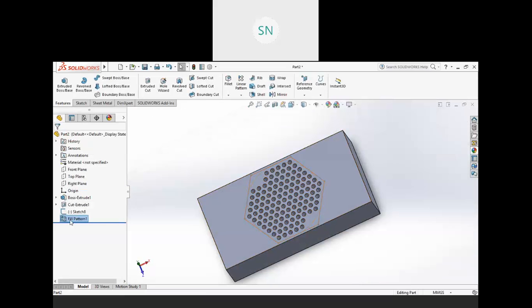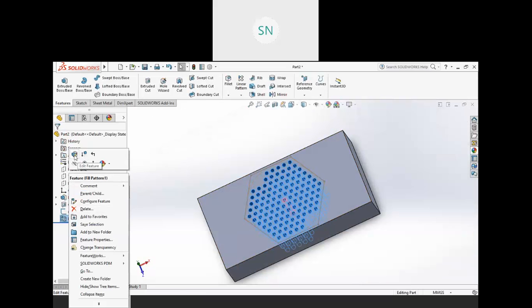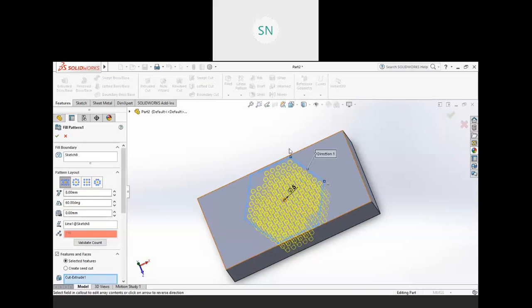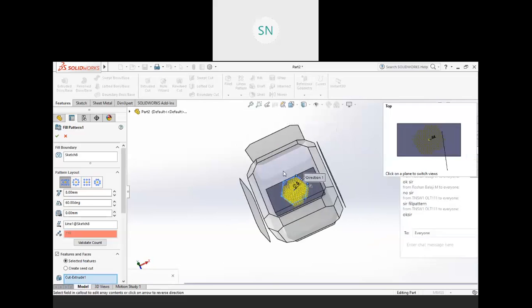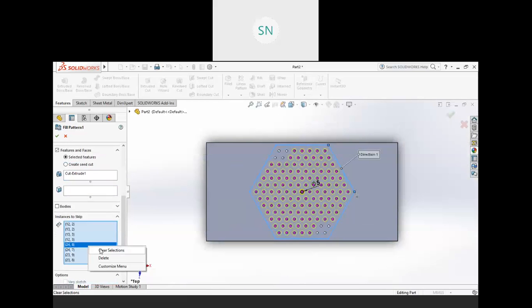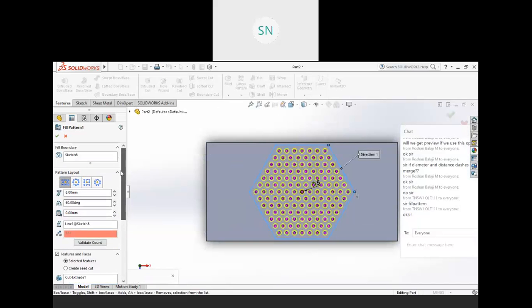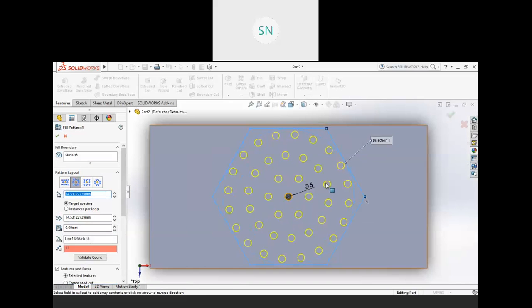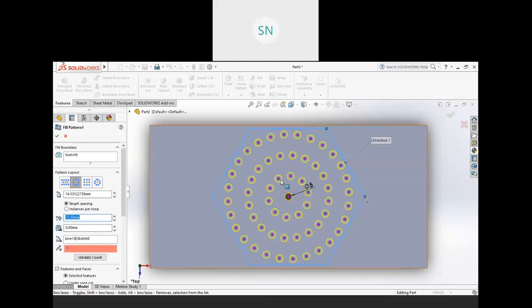Let's have other arrangements inside this fill pattern. So view it from the top and clear this selection and go to the second one. This is circular. So here decrease this value, so you will get the exact thing. See, here you need to provide two values.